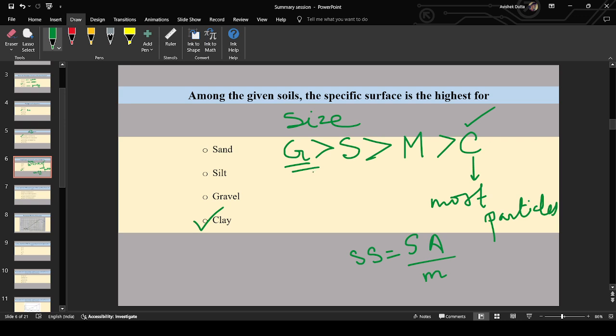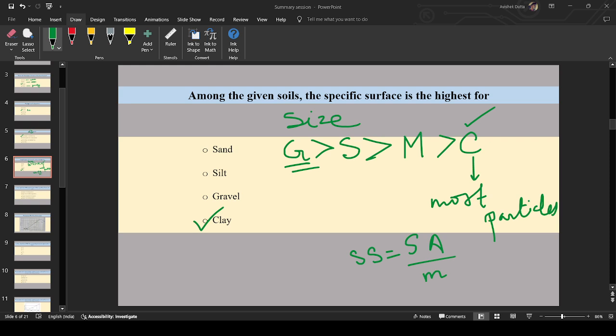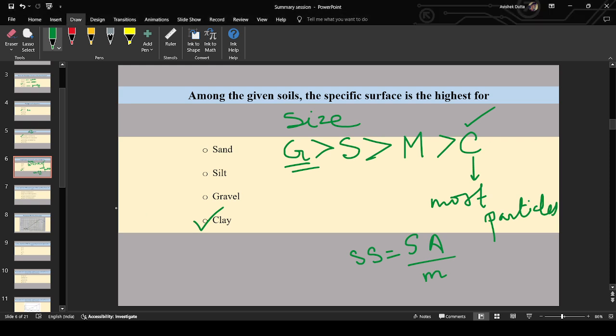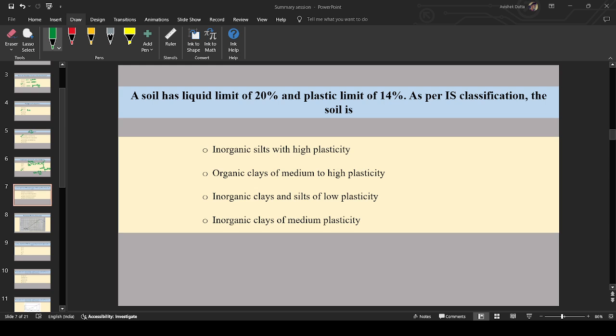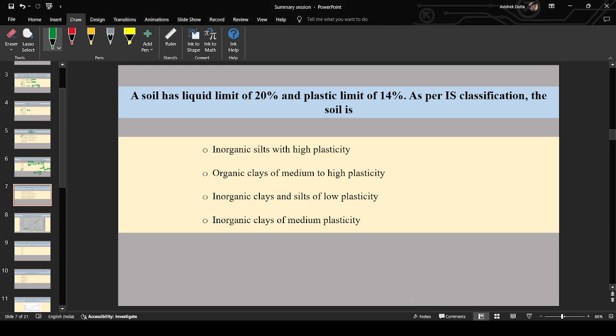I hope it was clear. Next question. So a soil has liquid limit of 20% and plastic limit of 14%. As per IS classification, the soil is,